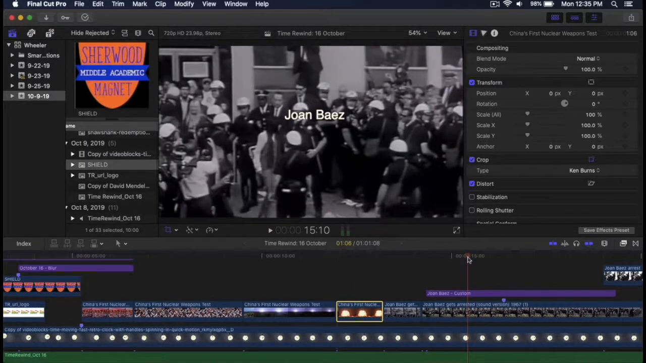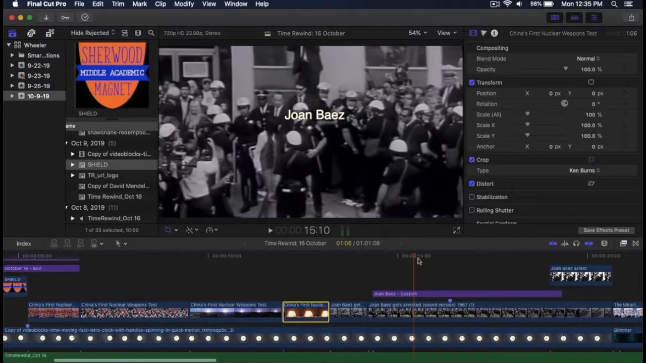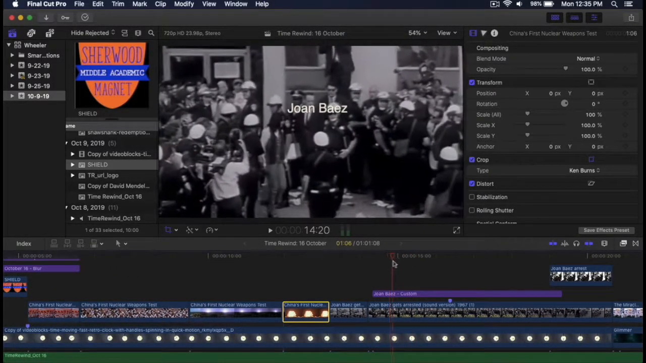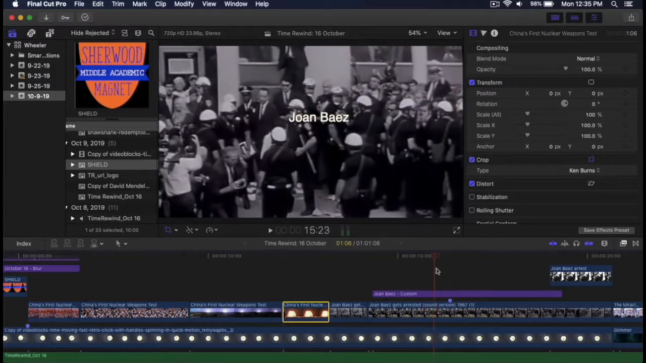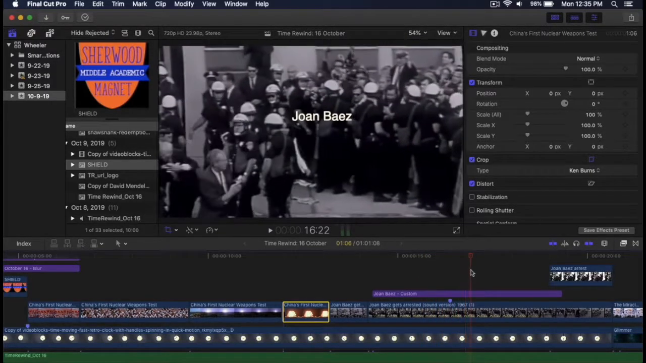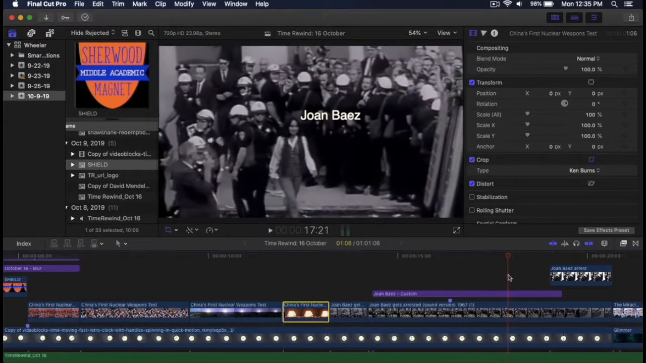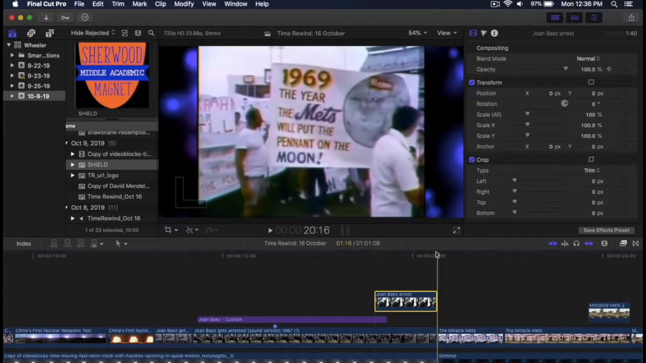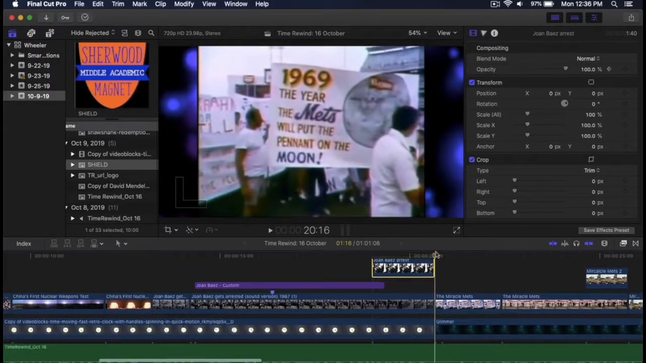Also, for Joan Baez getting arrested, I found a video of her getting arrested, and then I simply transformed text to follow across the screen so that a viewer can see who Joan Baez is. Then when we get to the Miracle Mets,